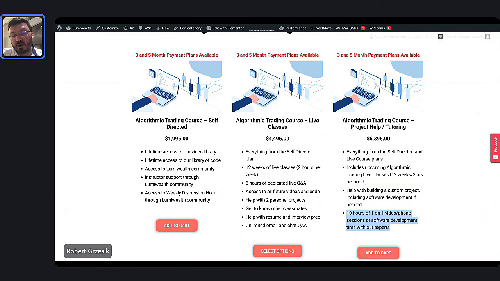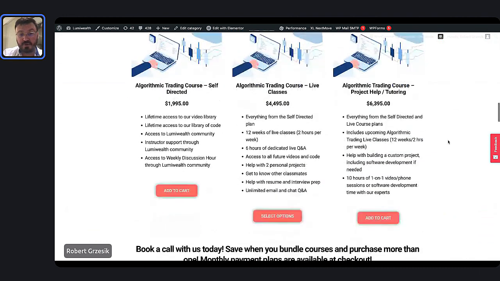So a lot of people that have used this plan, they're building hedge funds, or they have some strategy in mind that they're making money from, and they want to automate it. This plan is really quite applicable for a lot of those different types of things. Or if you just really want to get good at this stuff, this is the plan for you, right? And as I said, this has very quickly become one of our most popular plans. It's $63.95, and again, 3 and 5 month payment plans are available for that as well, right?